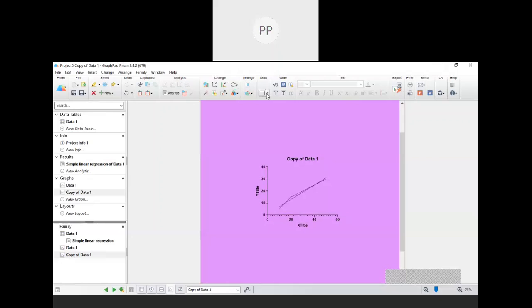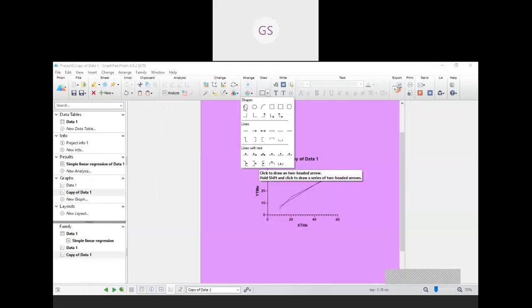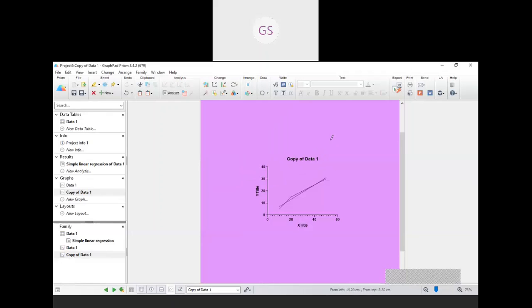This is draw. If you click on draw, you can see shapes, lines. If I want to take this, I want to draw a circle around the graph.